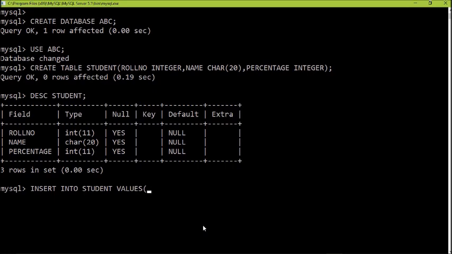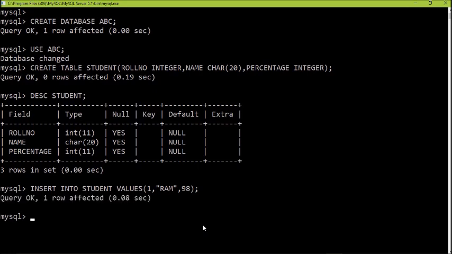Okay, now I'm entering roll number is 1 and name is say Ram. Whatever string you are writing can be entered with the help of single quotes or double quotes. See, Ram is written in double quotes, it may be written in single quotes, both are correct. Okay, percentage, suppose he has scored 98, so I am putting a semicolon to terminate it.